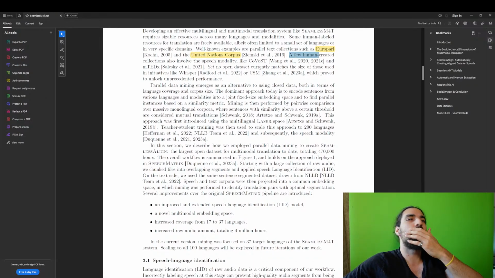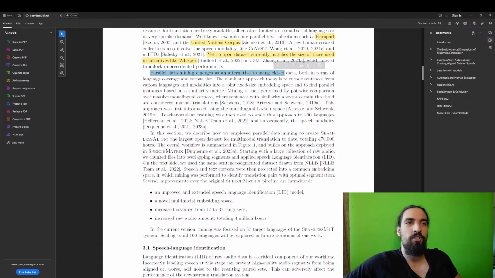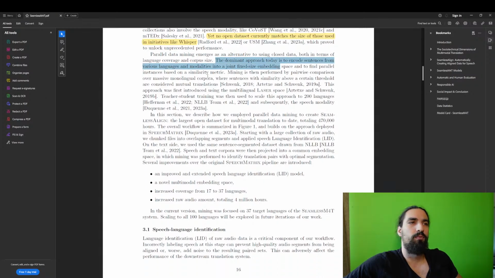A few human-created collections also involve the speech modality, like this data set. Yet no open one currently matches the size of those used in initiatives like Whisper. Parallel data mining emerges as an alternative. That's something I mentioned. Mining is then performed by pairwise comparison over massive multilingual corpora, where sentences with similarity above a certain threshold are